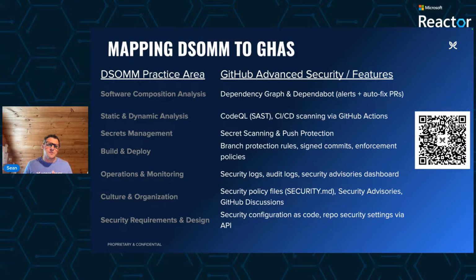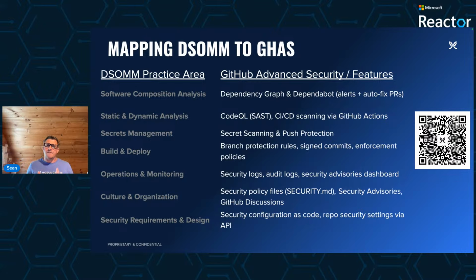And here's where it gets really practical. We don't have to measure this manually. By using scripts against the GitHub API, organizations can continuously check whether their security settings align with DSOM. And that means checking repository security settings, verifying Dependabot updates and alerts are enabled, ensuring that CodeQL is active, auditing secret scanning and push protection settings, and monitoring security advisories and tracking those vulnerabilities.